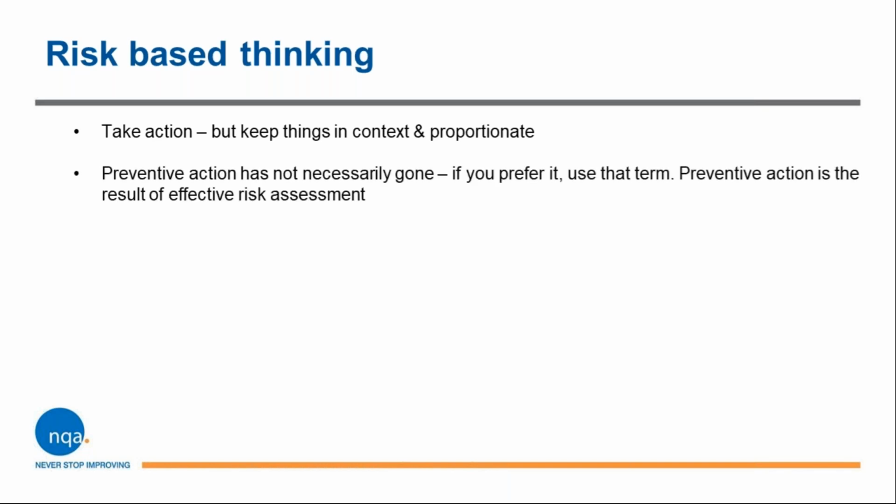As I've already said, preventive action is not necessarily gone, and whilst it's not in the standard anymore by that name, if you prefer it and people understand it, which is something I've discovered, I sometimes go back to the term preventative action. What can you do to prevent things from going wrong? Ironically, people tend to grasp that idea a little bit better, or at least it can be more digestible than the term risk, because risk does tend to have an association with health and safety, which is obviously relevant. But when it comes to management system risk, you're looking at this idea of preventing things from happening.